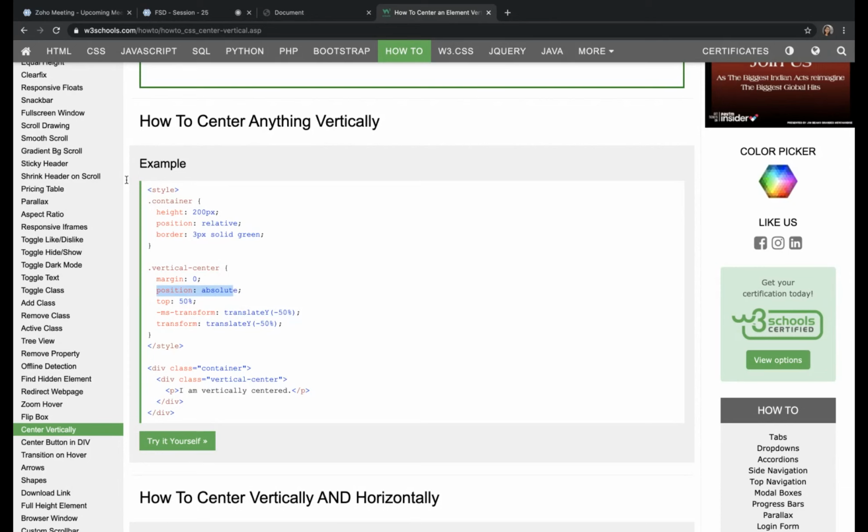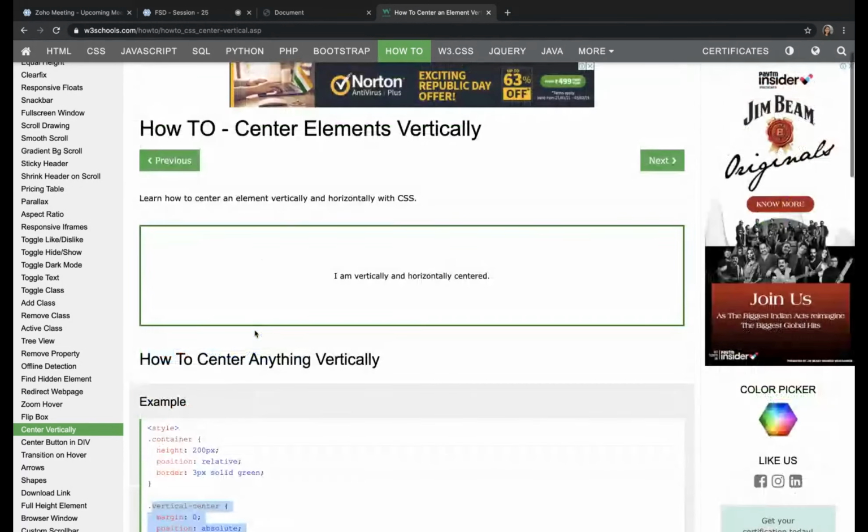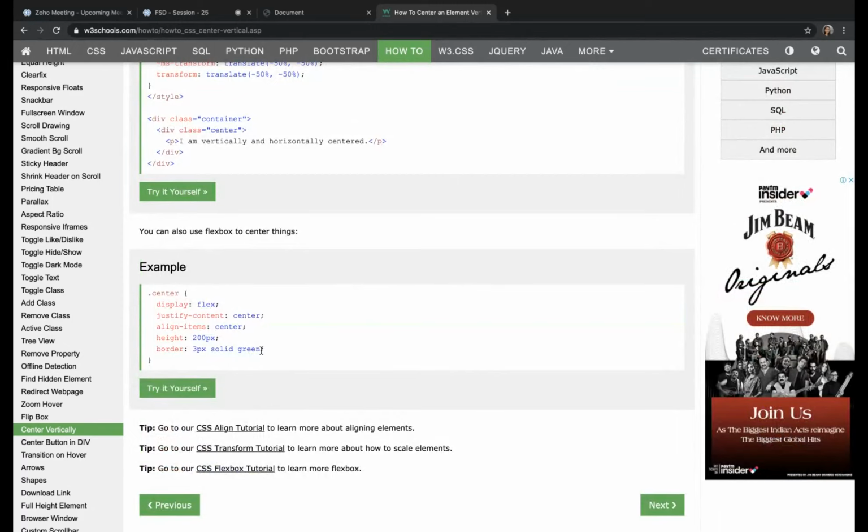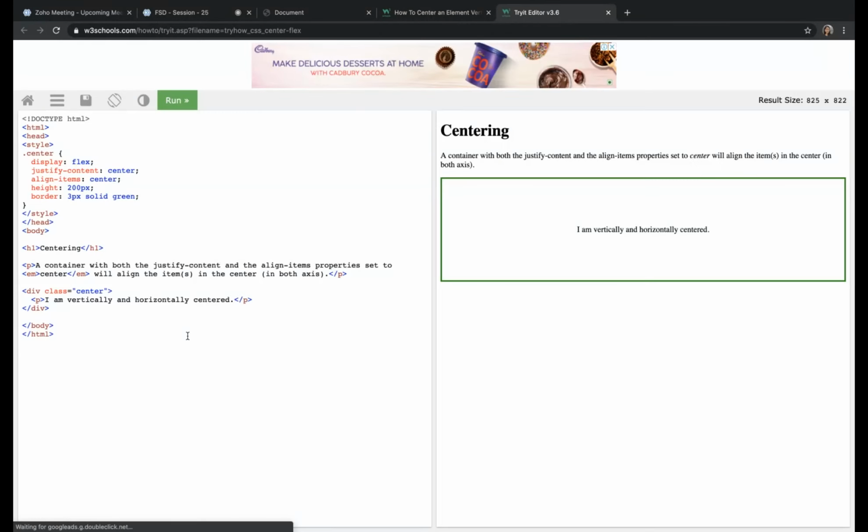You may get this code in many places. After Flexbox came into the picture, we started using justify content and align items center. See, here also it is correct, but I don't know why it is not working, align items, height.